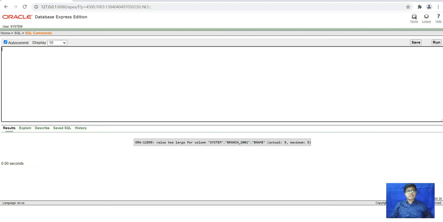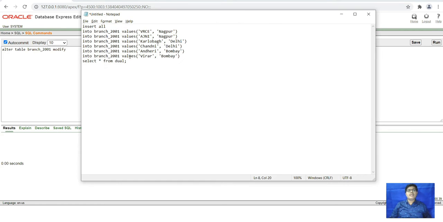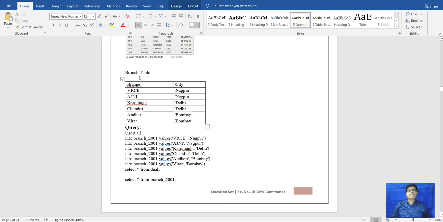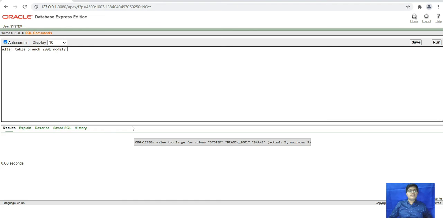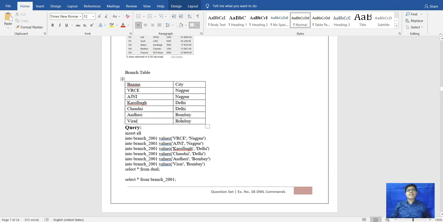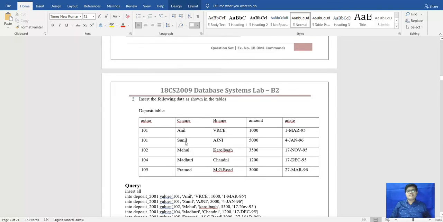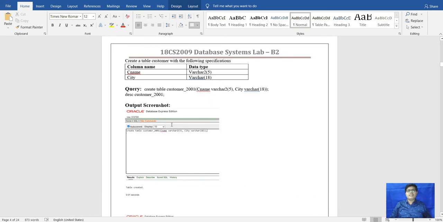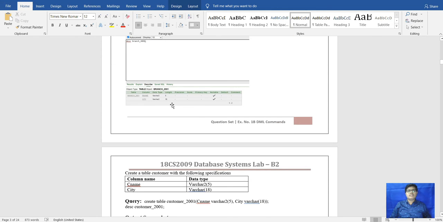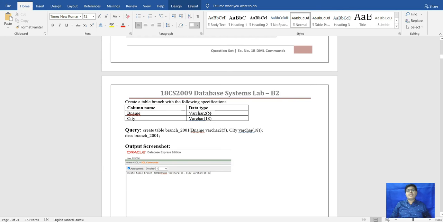I'll copy this here, alter the table of, and we have to modify here this branch name. Here we will write the name, and we have created here b name, that is, here is the branch. Yes. Here is the branch of having varchar2 5.